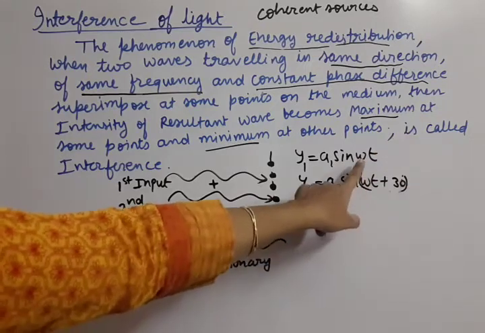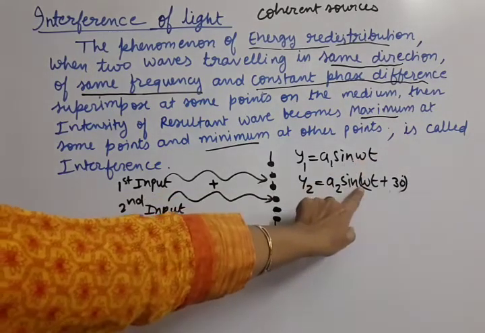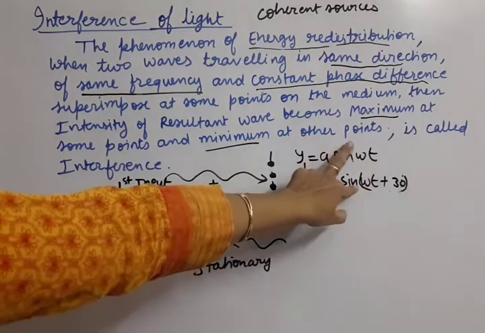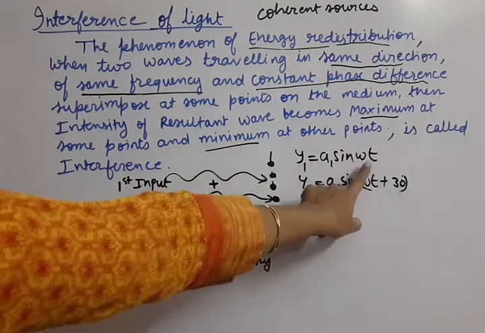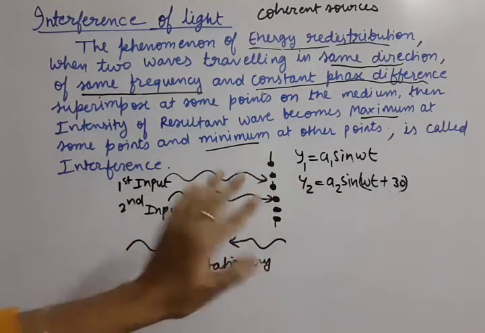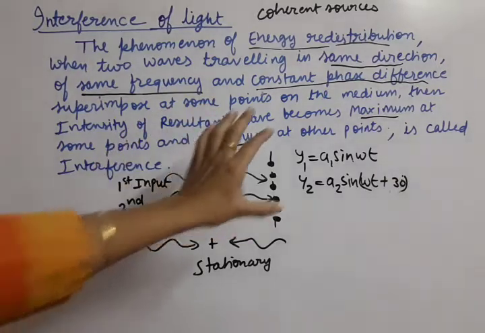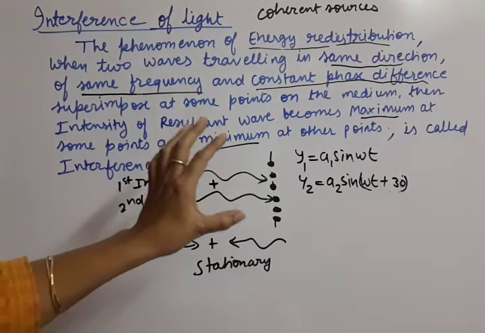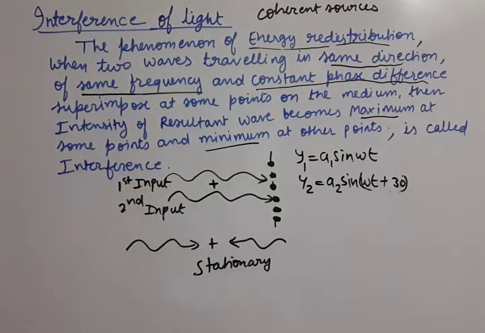And you can notice one thing, that I have taken here also omega frequency, here also omega frequency, angular frequency. Because the condition is that both the waves should be of the same frequency. We cannot write here omega 1 and omega 2, if we are doing the solutions of interference. So this way the two waves are taken, and we are going to make the final wave in the next sheet. Before that, we will discuss the Young's experiment.